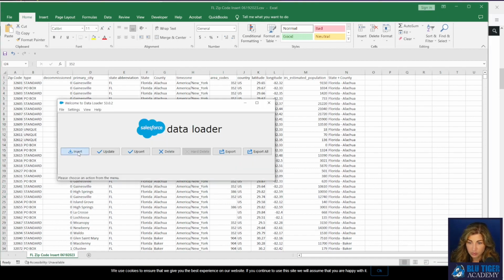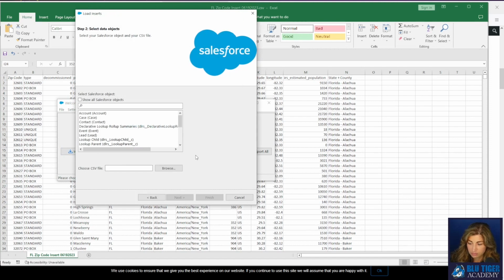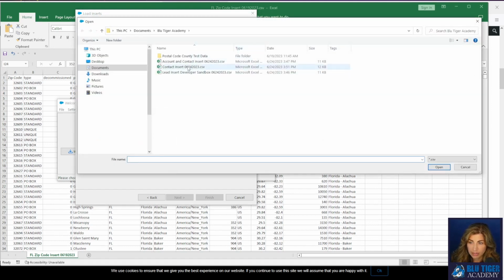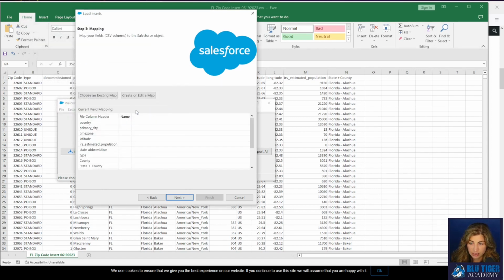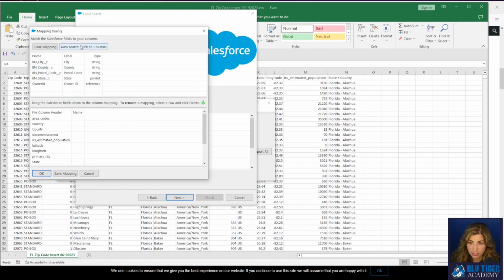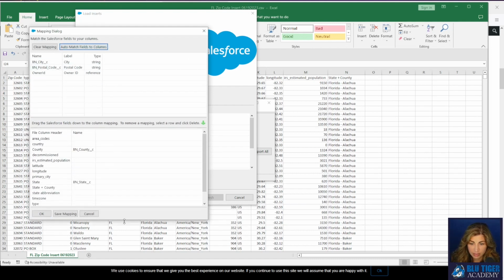So we will do an insert, and we will look for the postal code county mapping object, and then we will browse for our file. We will click next, and it says we have 1,495 zip codes in our file. And then we will do an auto match to see what we can get matched.